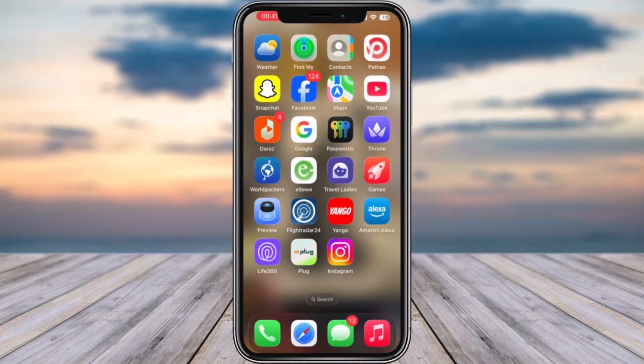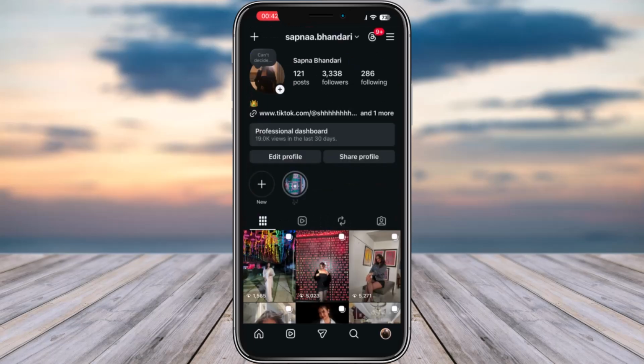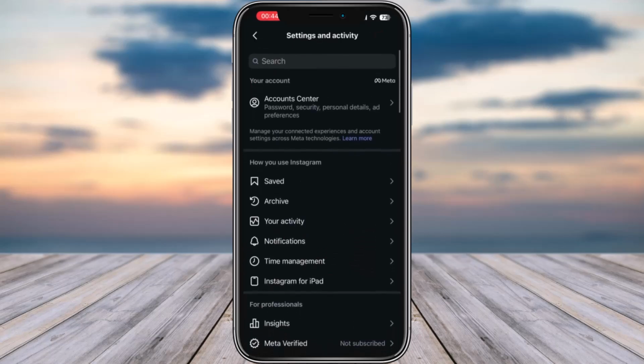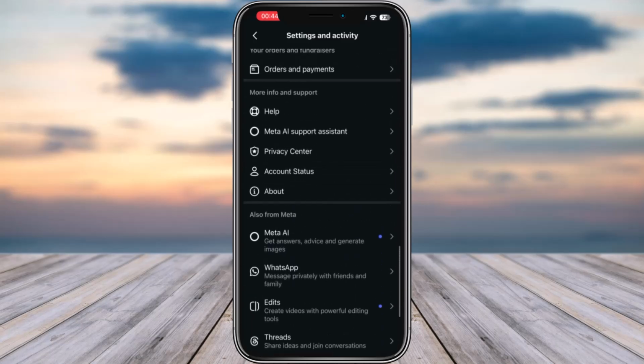Let's get started. For that, simply go ahead, open up your Instagram app, and tap on the profile icon at the bottom right corner. Now tap on the three horizontal lines on the top right corner. From this section, scroll to the bottom and tap on the option of orders